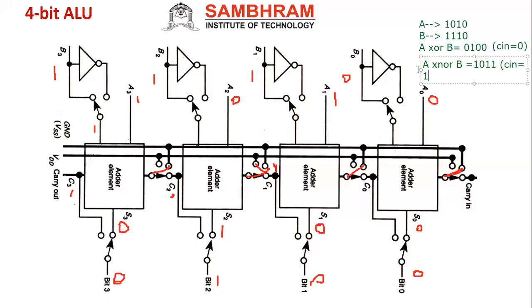I hope you remember in the previous expression, for some expression we have to make Cin equal to 1. Cin equal to 1 in the sense, what is the meaning of that? The meaning is that instead of connecting here, yes, so what should I do now? Now this Cin should be connected to VDD. See, all the Cin should be connected to VDD. I will connect to VDD now.